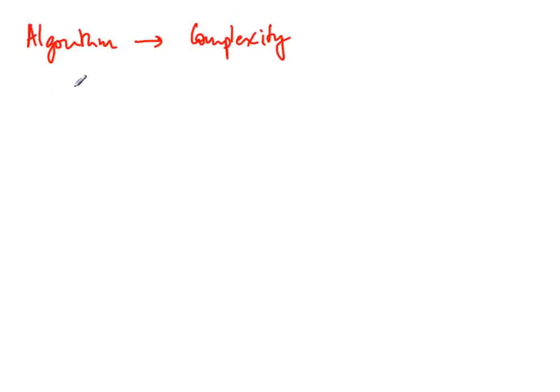So we will look at a few examples, and we'll start with the easier examples. So we'll look at non-recursive algorithms. These are just algorithms which basically iterate through. So there are some loops, but there are no recursive function calls. So the specific algorithm, the example that we will start with,